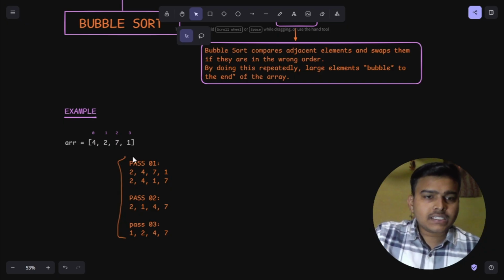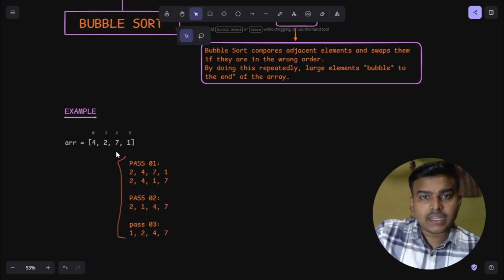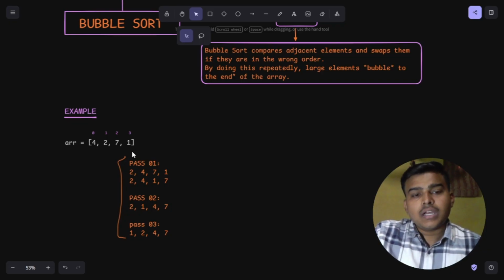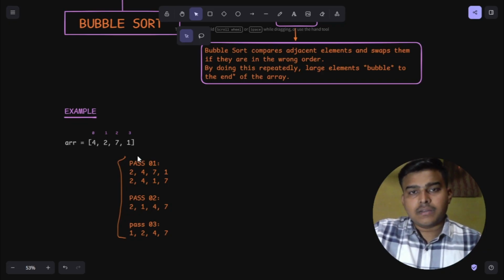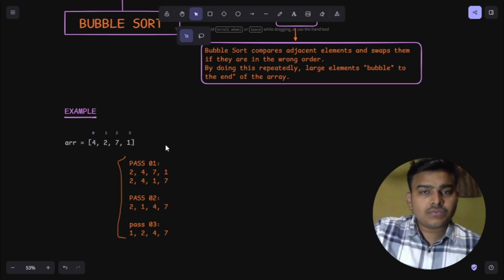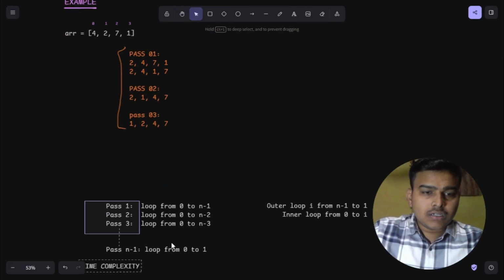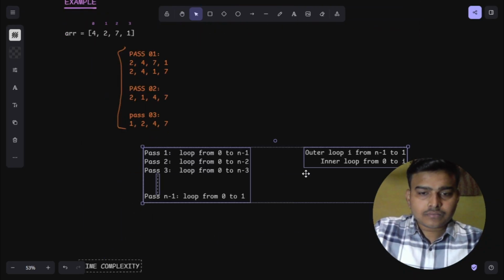Now because the greatest element is already at the end, in the second pass we do not need to go till the end, because the end index already contains the greatest element. So now we have to go till the second last index, that is n-2 index, and then for the next pass the third last index. So that's how, because at every pass the greatest element goes to the end, we just have to decrement the size of the array in order to check. I have already mentioned here